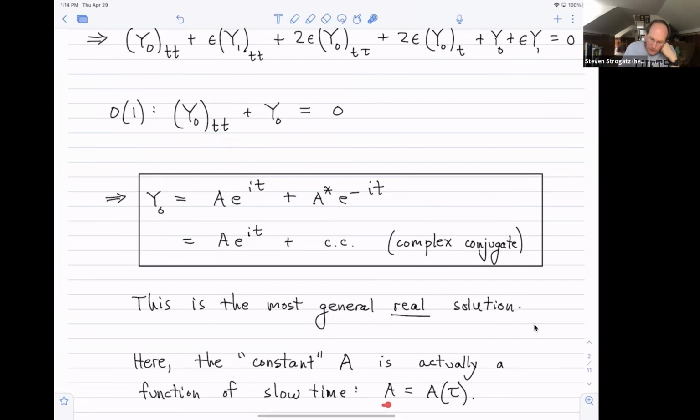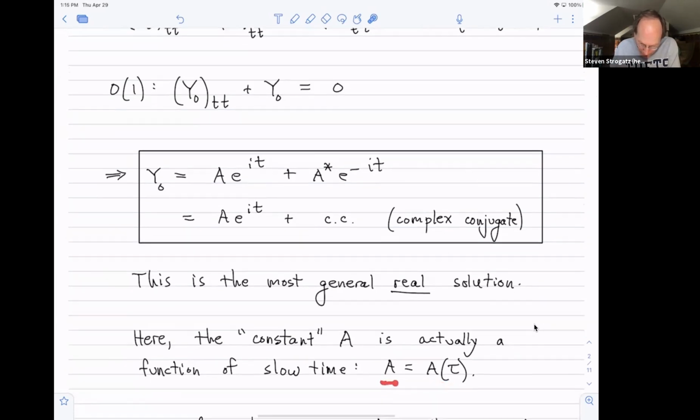So A has to be a function of tau, which is telling you something physically, that you're now dealing with a problem that involves a fast oscillation with a slowly varying amplitude, which we actually know is true. This was the physical intuition behind the method when it was developed, I don't know, maybe in the 50s or 60s of the last century, that these problems have slowly varying amplitude in addition to their fast oscillation. So anyway, this is coming out of the method at this point, and we don't have a formula for this slowly varying amplitude. We're going to derive an equation that will govern it, but that comes at the next order of perturbation theory, not at order 1, but at order epsilon.